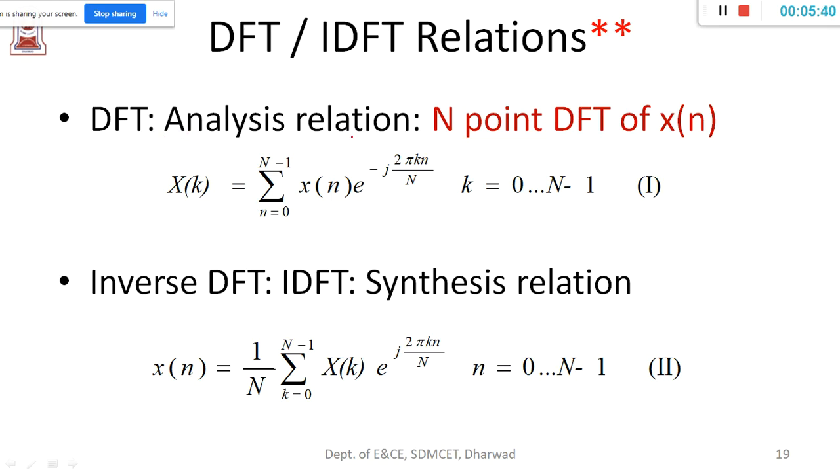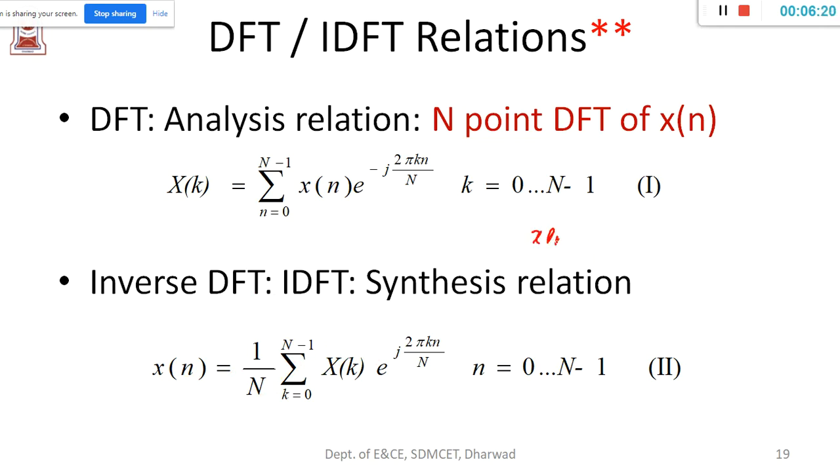So finding the DFT, we call the analysis relation. Obtaining the inverse, we call the synthesis relation. These terminologies you should remember. So X of k is given by the summation, n runs from 0 to N minus 1, of x of n e to the power of minus j 2 pi by N kn, where k runs from 0 to N minus 1 once again. The inverse, x of n, is obtained by dividing by N, the number of samples, which means my input must be X of k here.